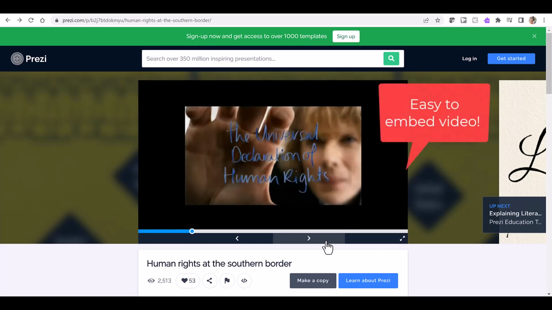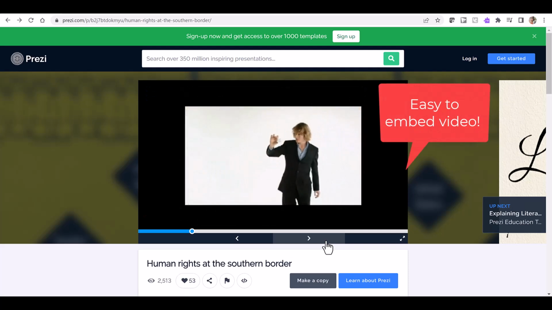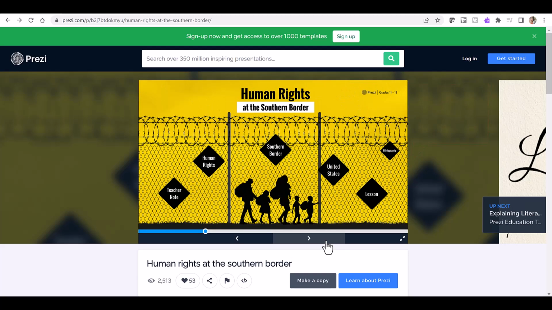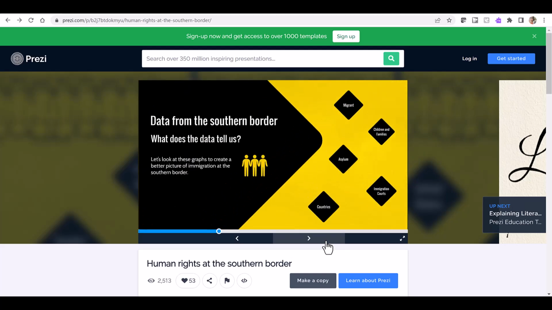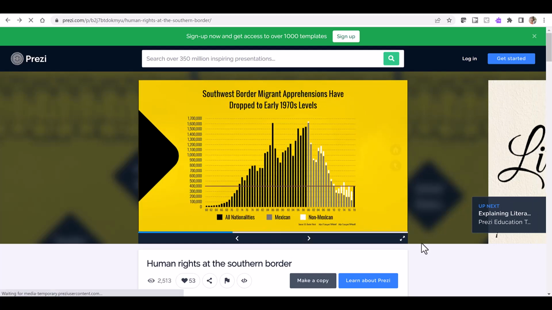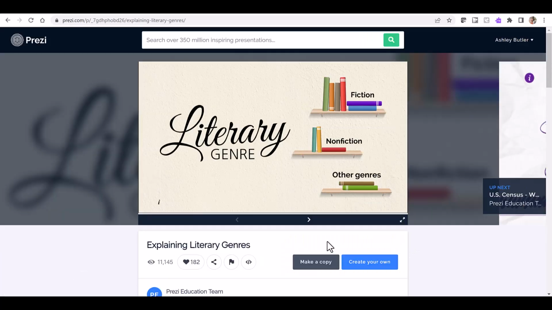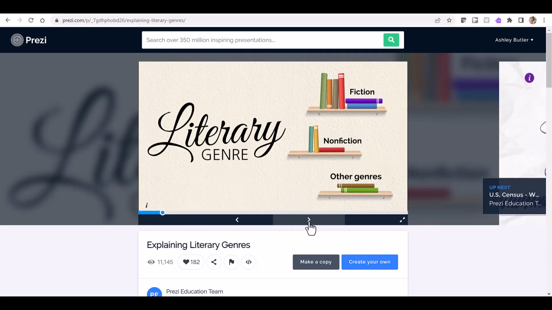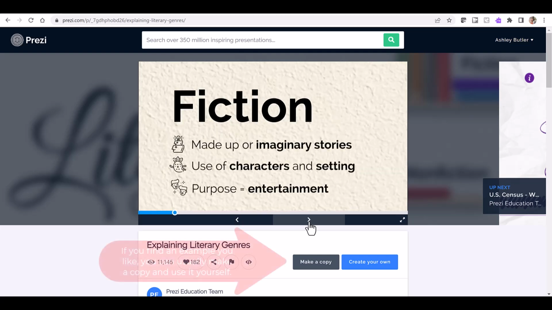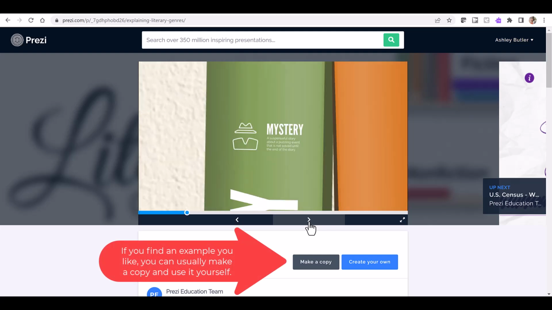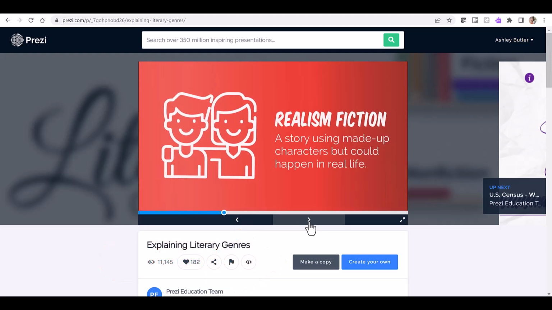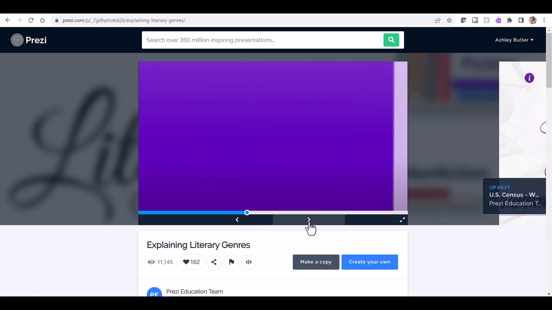But as you continue clicking, it zooms and sort of pans around the page. And so some people like this, some people don't. There's a lot you can do visually here. You can add links, things like that. It always pops up on the right-hand side over here with other examples, like this is the explaining literary genres, and it just jumps right in. And so this gives you some good ideas here. Really good for making presentations just a little bit more visually engaging, but sometimes too engaging for some folks. So you can kind of figure out whether you like that style or not.